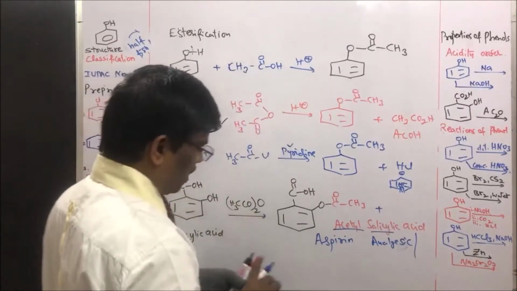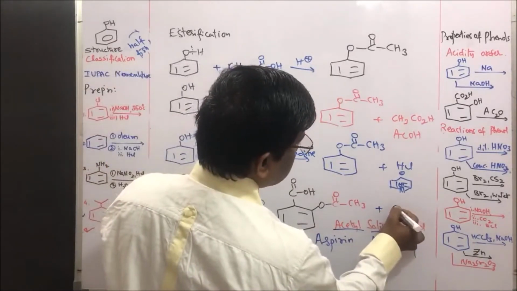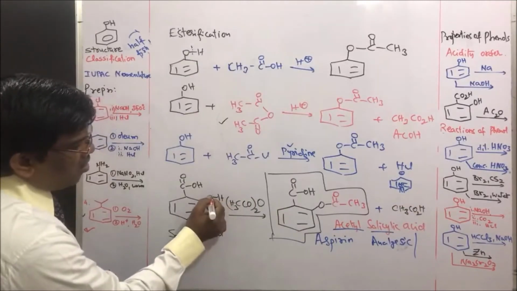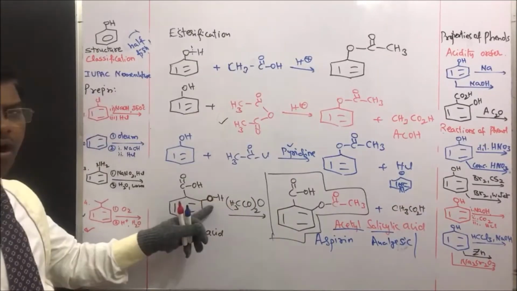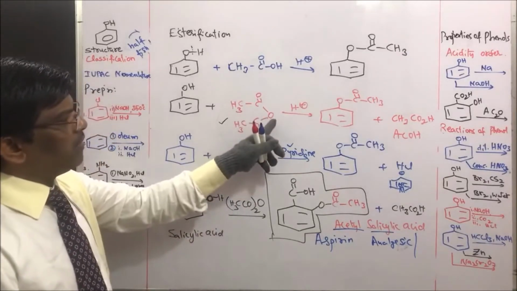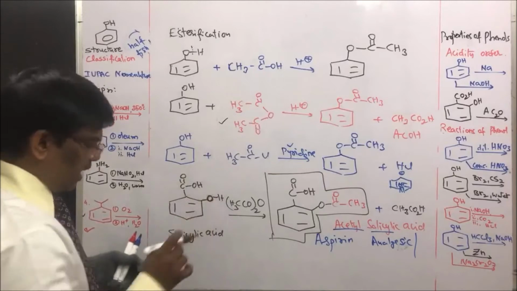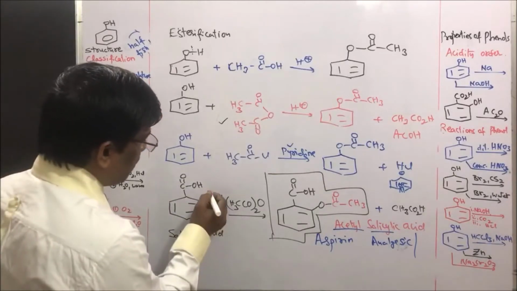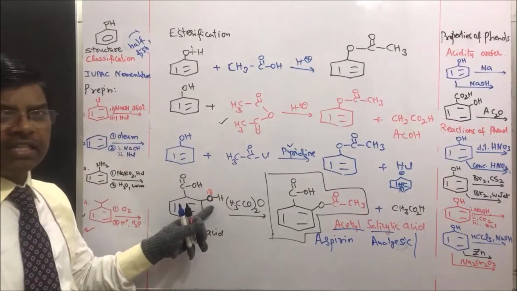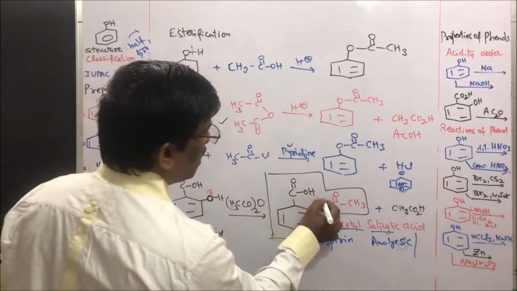And what is left over? It is going to come out as acetic acid, CH3CO2H. This hydroxy group is of phenol. This oxygen is not coming from this. Yes? So it can be cross-checked by substituting isotopically labeled oxygen in phenol, and it is found that it is